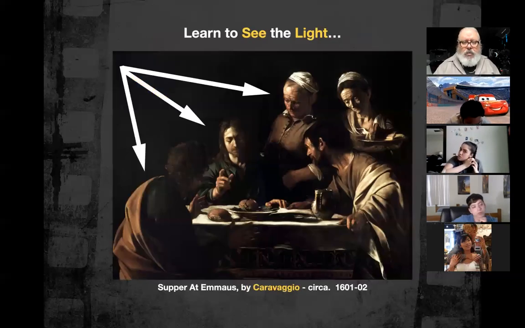Here's another scene from Caravaggio. This is Supper at Emmaus, again around 1602. And this time I've put little arrow icons over the image so you can kind of see where the light source is coming from and the vectors that are striking the different characters within the scene. So you can see